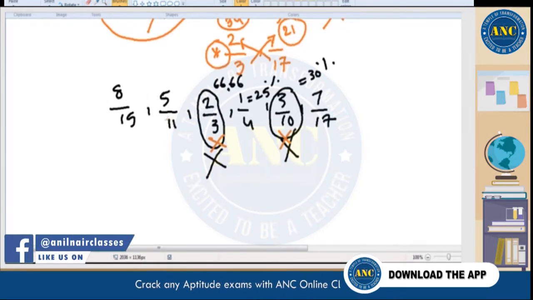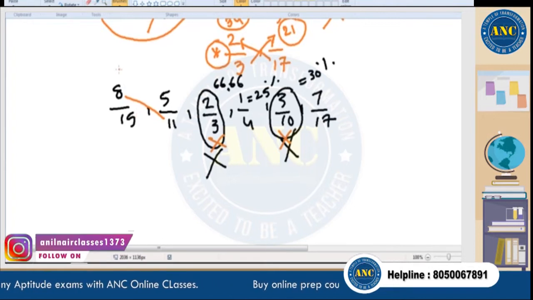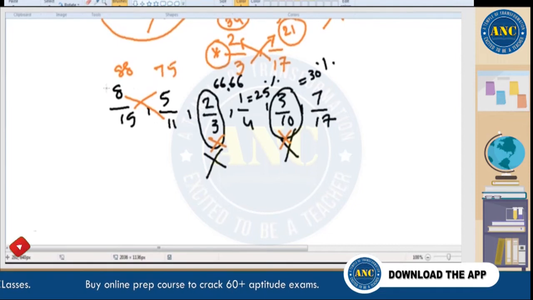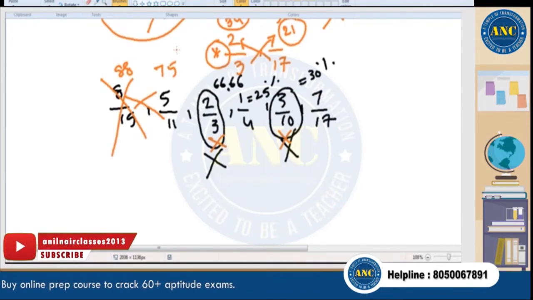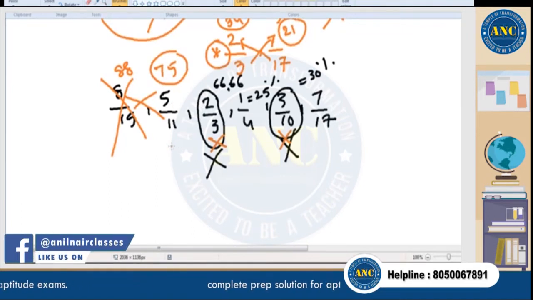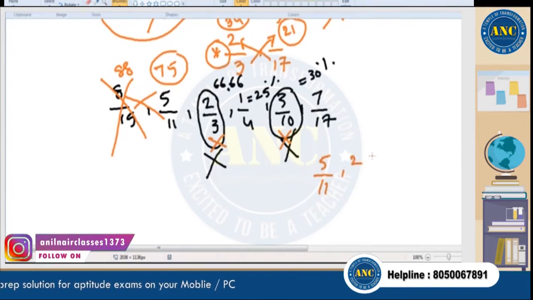Now between these again, 11 8s are 88. Here it is not that easy to compare. 11 8s are 88, 15 5s are 75. But this time I need the least one, sir, so I am not concentrating on the greatest one. So 5 by 11. So finally you are left with three ratios. 5 by 11,